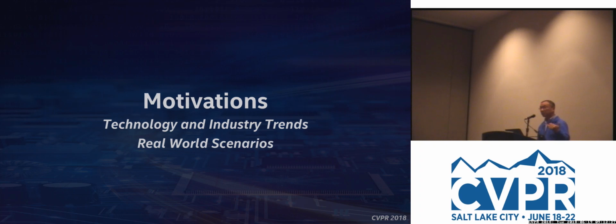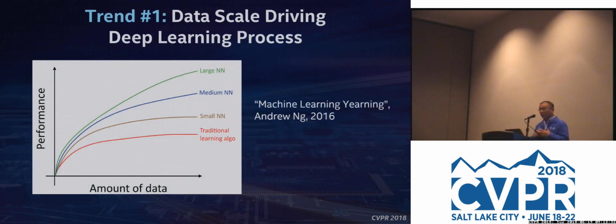So first of all, we see some of the important motivations. You have probably already seen this chart from Andrew's book. Basically, this shows one of the key reasons why deep learning is so successful, so effective today: the large amount of data we have access to today. The y-axis is essentially the performance or the effectiveness of the model. The x-axis is essentially the amount of data. It's not entirely accurate, but